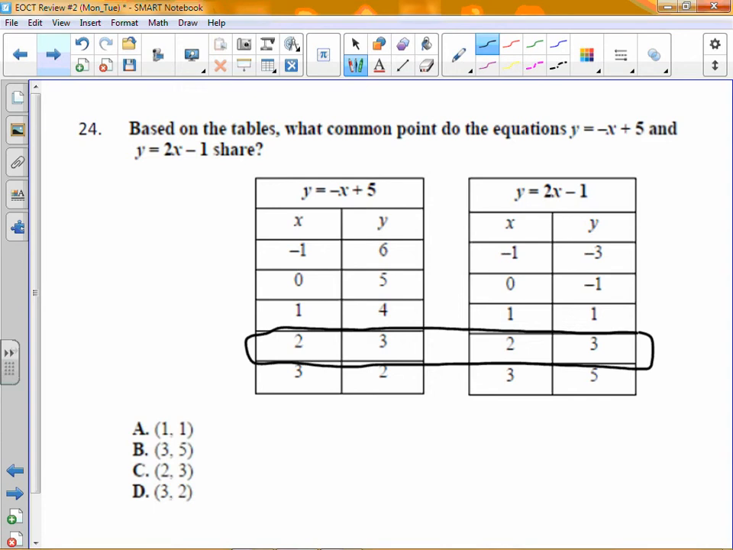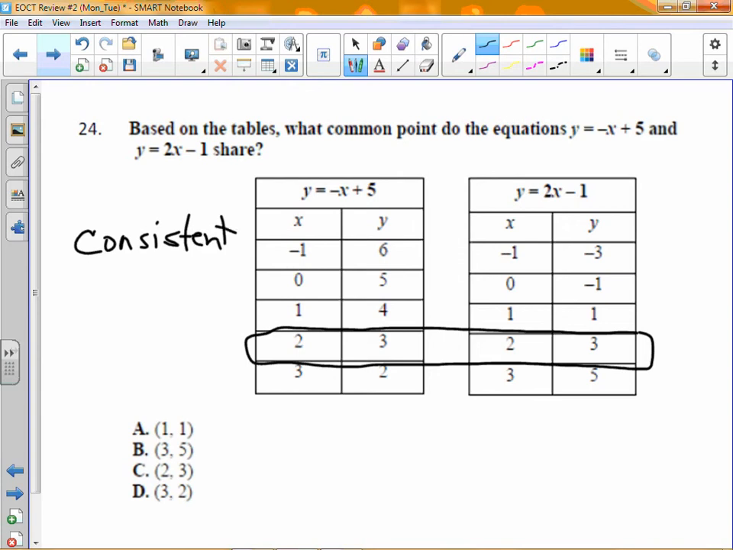Probably a better question, a question that finds out more, is that they give you these 2 tables right here, and then they might ask you what the categories of the system was. So, name this system. Is it consistent and dependent? Is it consistent and independent, or is it inconsistent? Well,